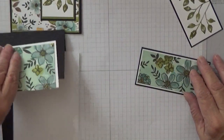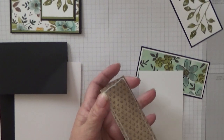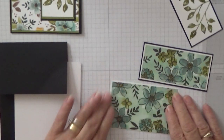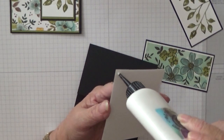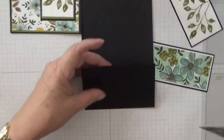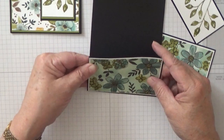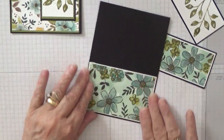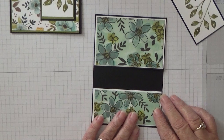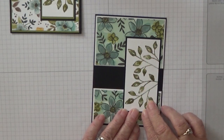Right, that's the bottom bit done. Now for the top bit. Quite an easy card, this. Stick this round on top of that, like that. Then that goes along the bottom, and joining them together will be this piece, just like that. Now, keeping hold of this piece,